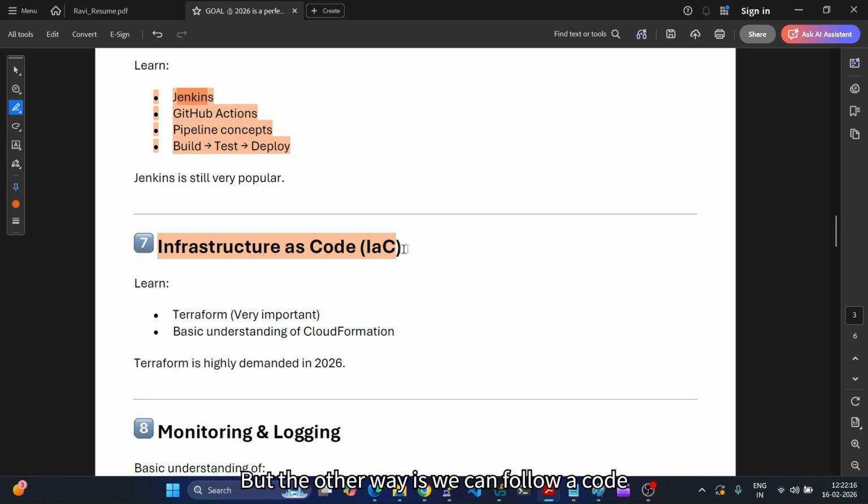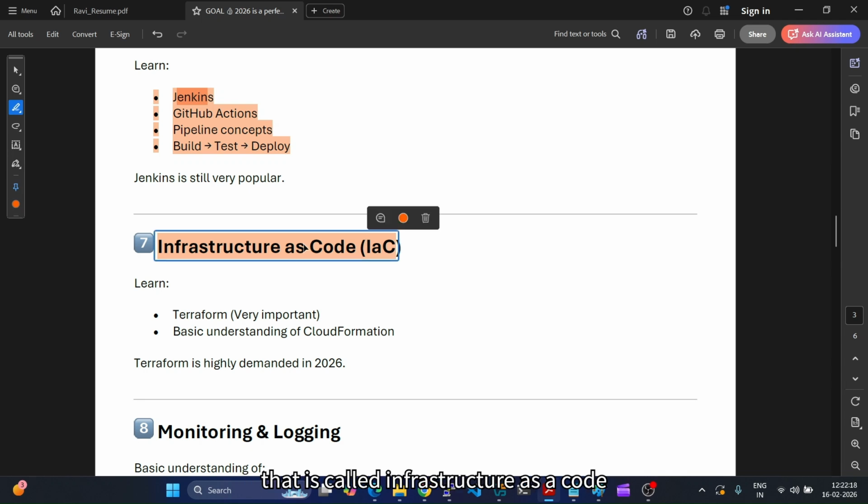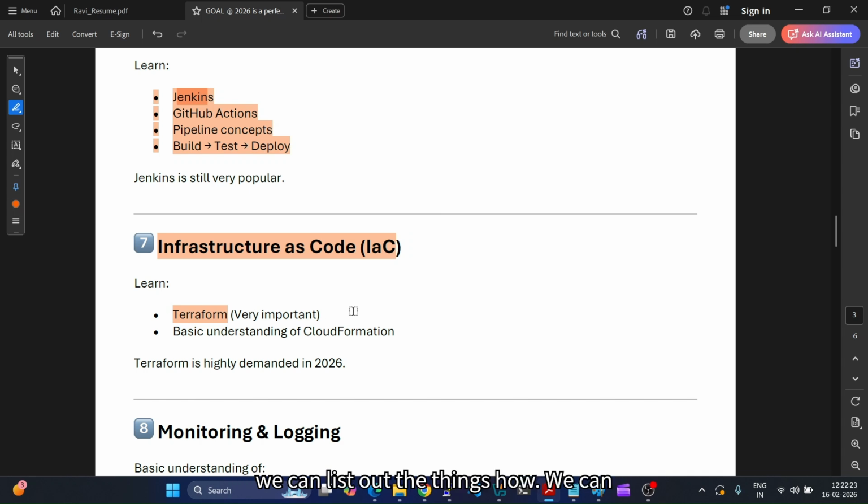But the other way is to follow code, which is called infrastructure as code, where we use Terraform to define how we list out and put together things related to VMs, the virtual network, storage, databases and all, then modify the changes and push them to the repository. And using that repository, we can make changes in our infrastructure.